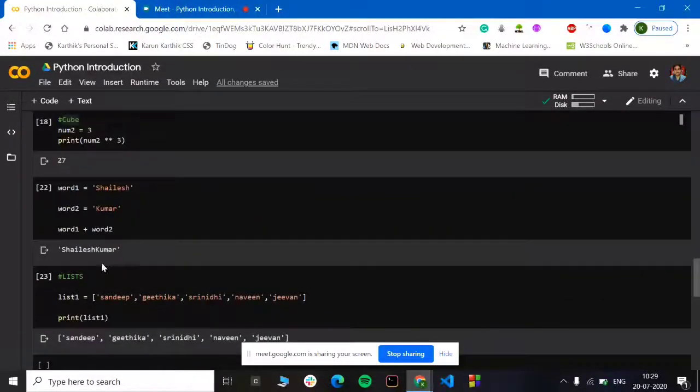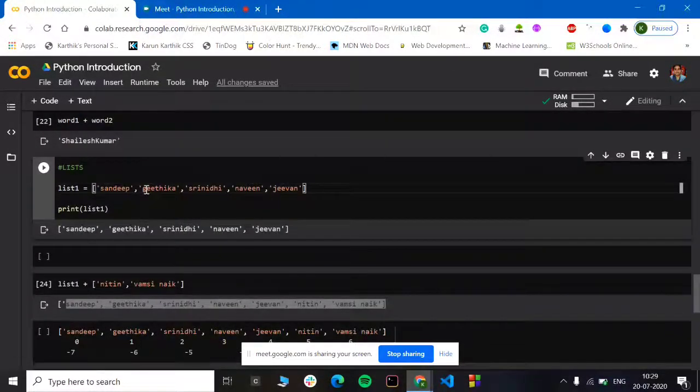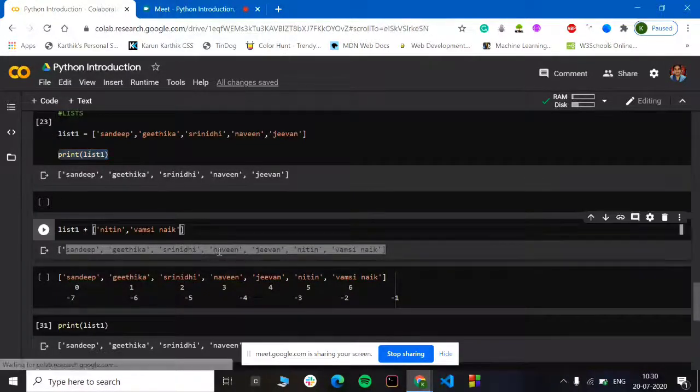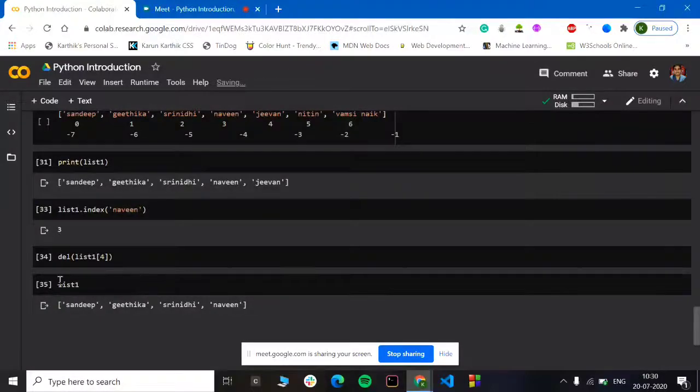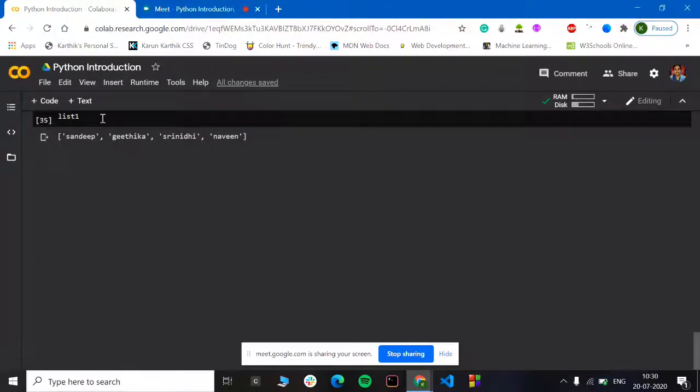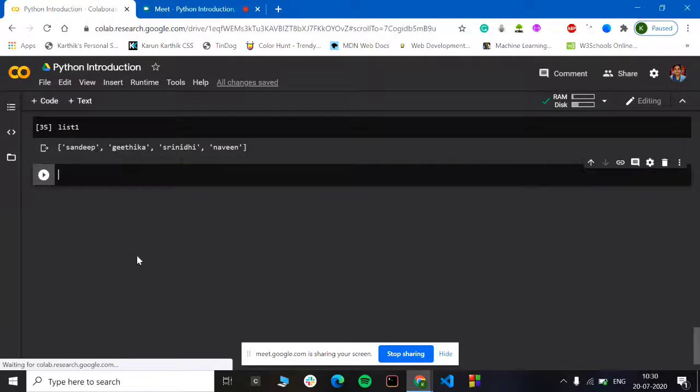So this is how you declare a list. And if you want to print a list, you would be using the print command and writing the list name. It would give you all the list names. If you want to add any more names, I actually forgot saying this, you can even add numbers as well. You should not be having any confusion with numbers. So list1,